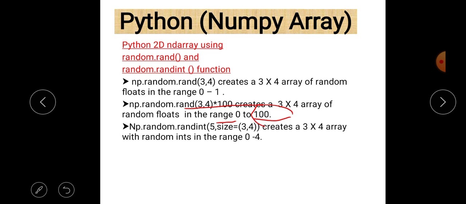Actually, when you write star 100, that means you just change the range. By default the range is 0 to 1, but here we change the range to 0 to 100. If you write 1000 in place of 100, then it will give you a range from 0 to 1000. And if you write 50 in place of 100 here, where the arrow mark is, then it will create an array of 3 rows and 4 columns which contains values in the range 0 to 50. Next is